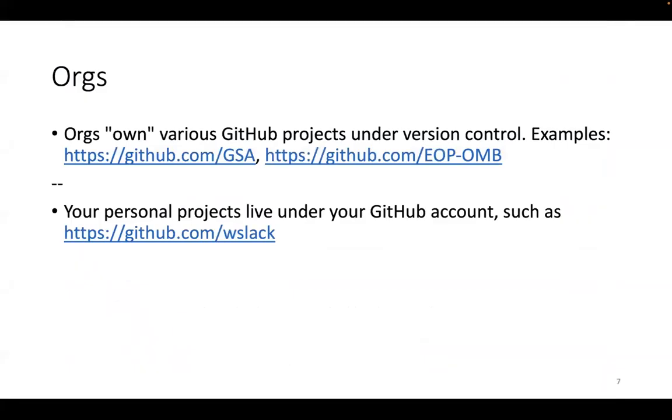Okay, so let's start first by talking about orgs. Orgs and your personal profile are the thing that will be right after github.com. So we're going to be tracking a lot of the things that we talk about today, where they kind of fall in the website address that you're using. So for example, we have